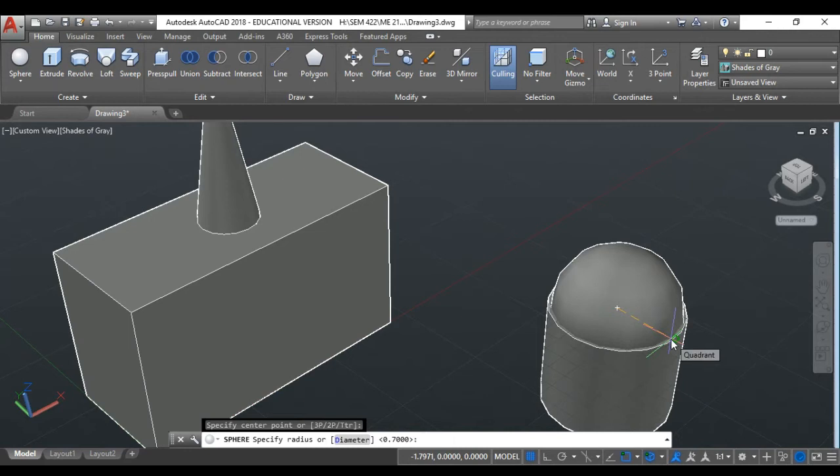the other way is to activate that object snap. Look at this diamond shape. You see, guys, there is a very little diamond shape